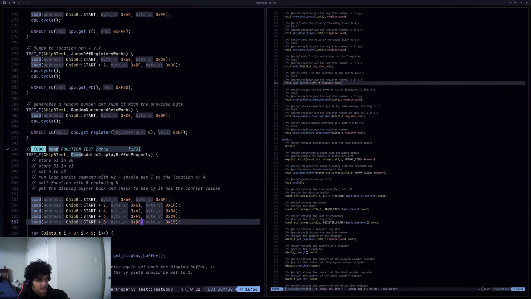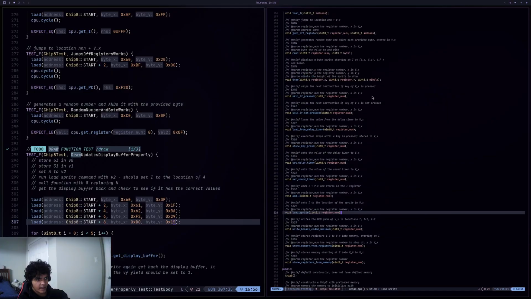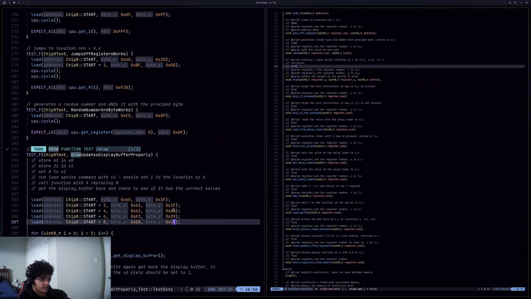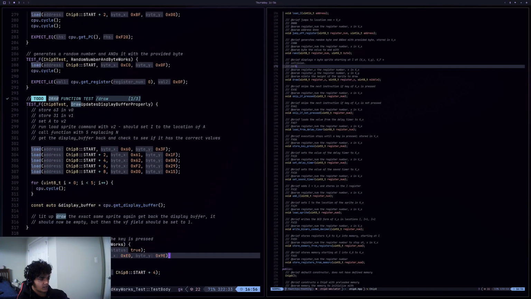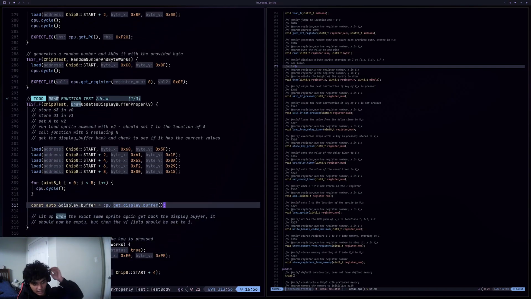This is the function, right? D. So this is DXY because it's from 0 and then 1 and then 5 because that's the height of the character or the sprite that I'm drawing. 1, 2, 3, 4, 5 commands. So we run the CPU cycle 5 times. We're going to get the display buffer. And then what I have to do now is check versus what it should be. So if we go into Excalidraw,